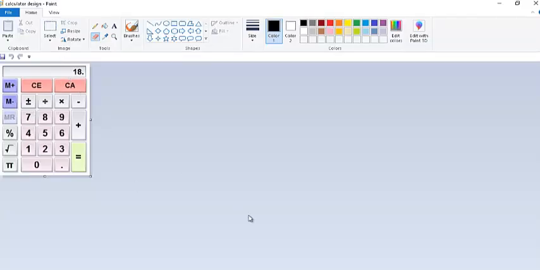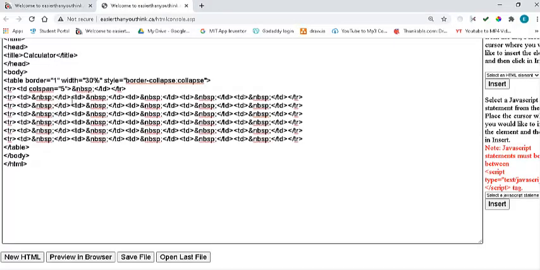Now, we need to put a number here. If you look here, it has an 18 here. So I'm going to go back and insert 18 in the first cell. So I'm going to go here, and instead of space, I'm going to type 18. So if I preview it again, you will see 18 appears here. We are going to fix the alignment later on, but first we're just going to put the values inside each